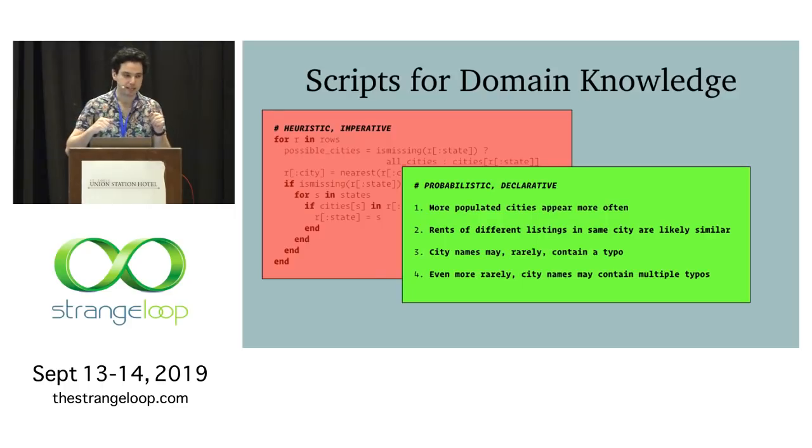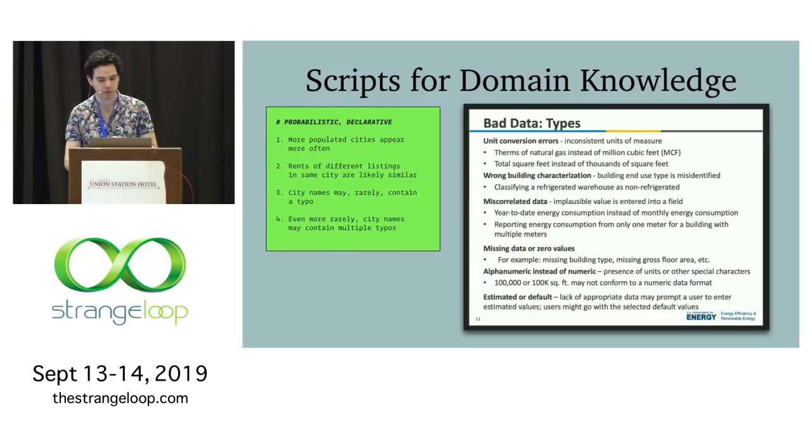So we're trying to replace these heuristic imperative scripts with probabilistic declarative scripts that say things like more populated cities appear more often, rents of different listings in the same city are likely similar. So we have to find some way of making a scripting language that allows us to encode these sorts of statements. And before we look at the way to do that, it's worth noting that there's reason to believe this is sort of the right way to solve the problem,